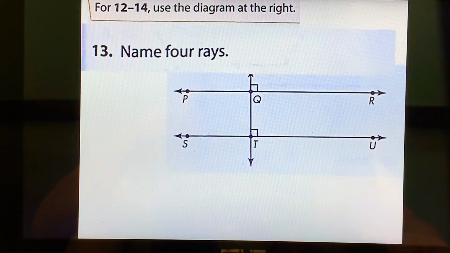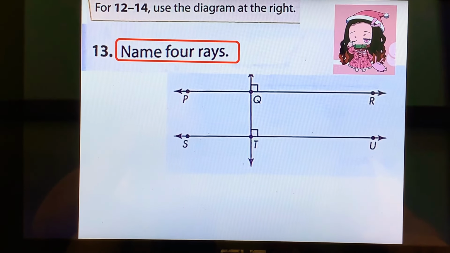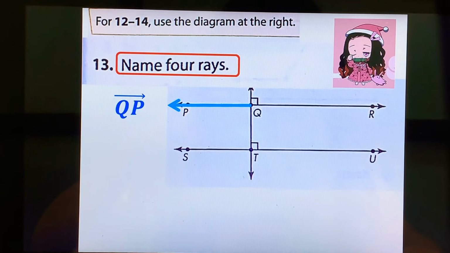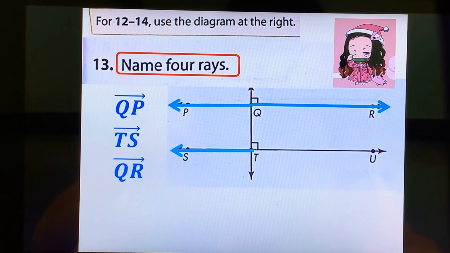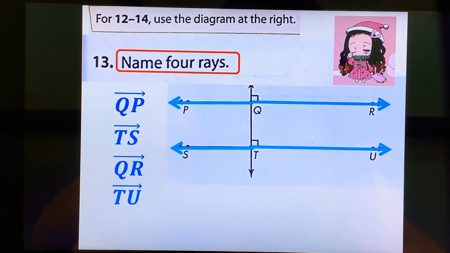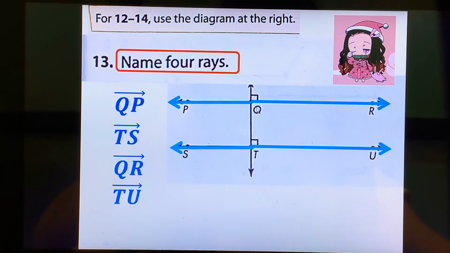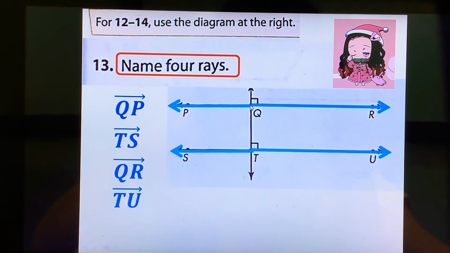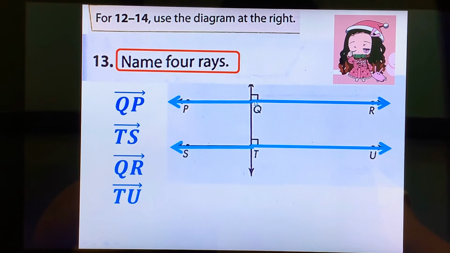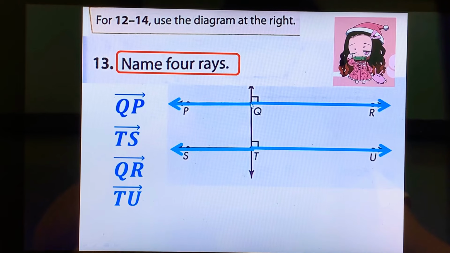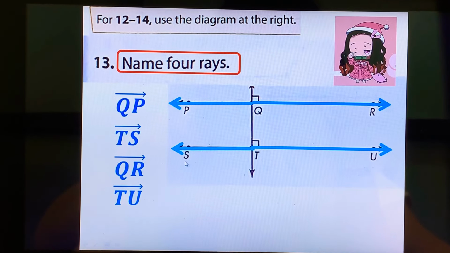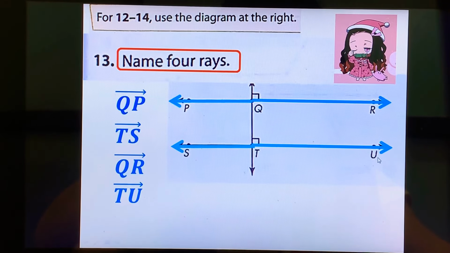13. Name 4 rays. 写出4条射线。Ray QP, Ray TS, Ray QR, and Ray TU. 好，为什么我都是用 Q 跟 T 来开头呢？因为 Q 这边它就是固定的点，T 也是。所以我把它当作是 ray 射线里面的 end point。因为 ray 的写法就是会有一个 end point，然后另外一个点是无限延伸的，所以 Q 和 T 都是 end point，像 P、R、S、U 就当作是无限延伸的那一边。